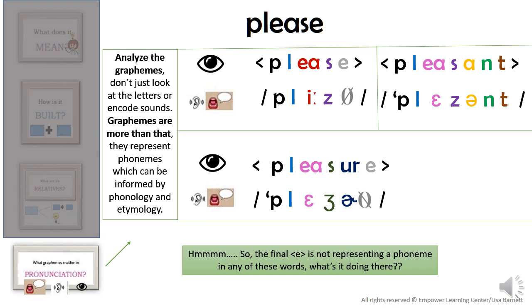A schwa is an unstressed syllable. It is represented by vowels. But if you say this word, you are not saying pleasant, you're saying pleasant. And it's an unstressed, it's just Z. It's kind of thrown in there, kind of mashed together. I'm certain those are not technical terms, but